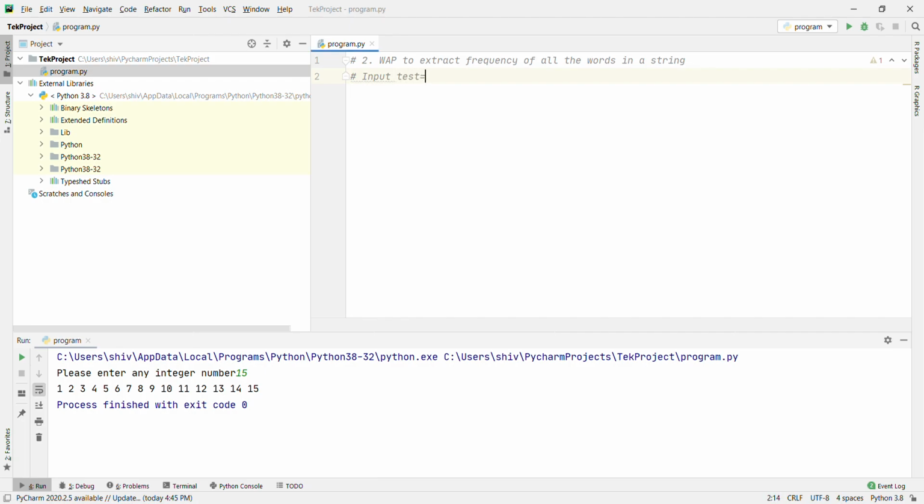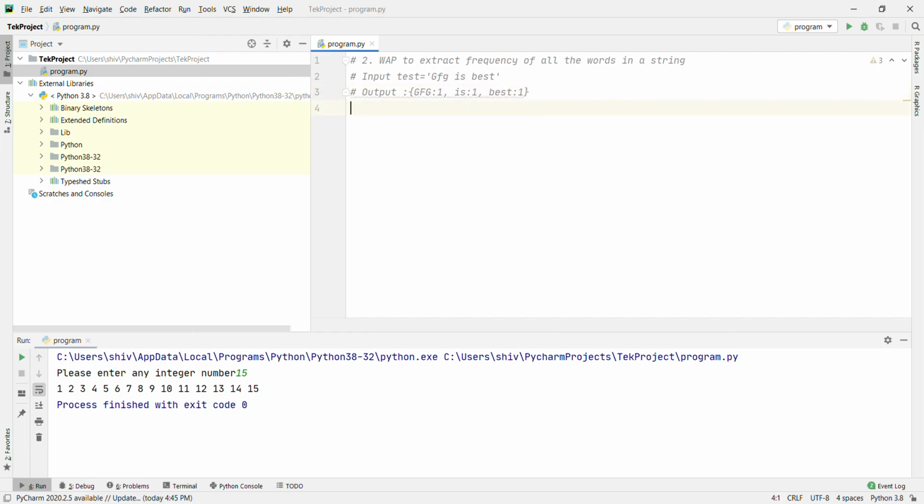If I am going to test, GFG is best, then what's the output? The output will be GFG is 1, is 1, and best is 1.